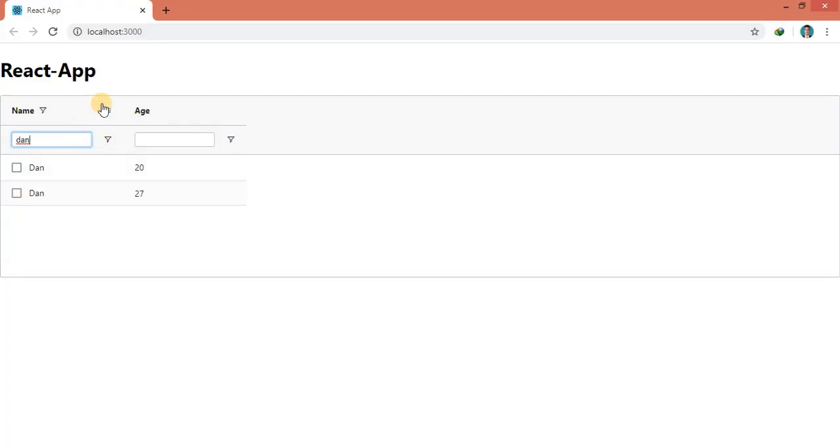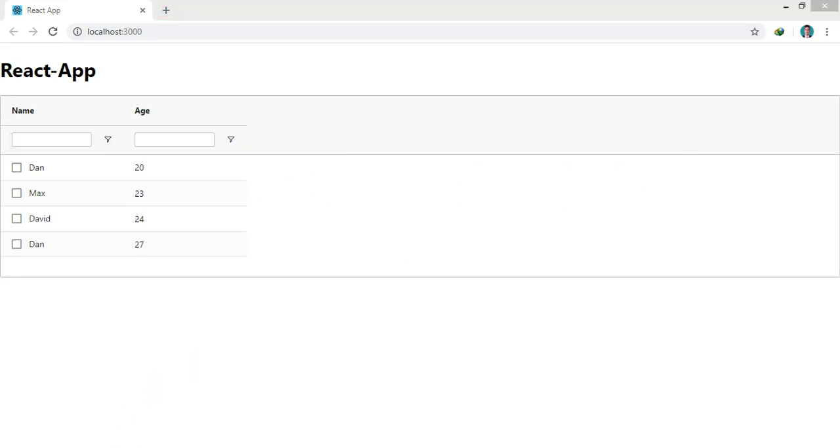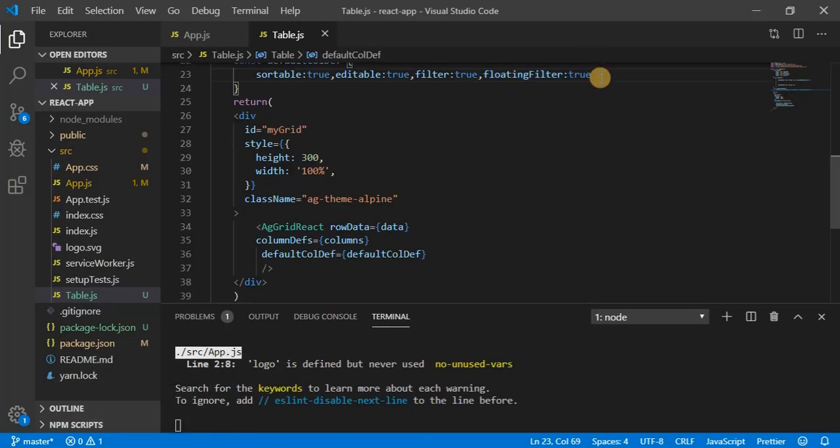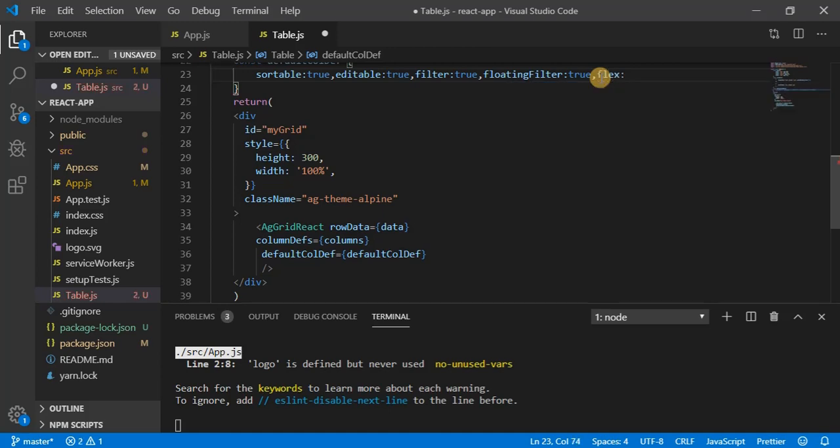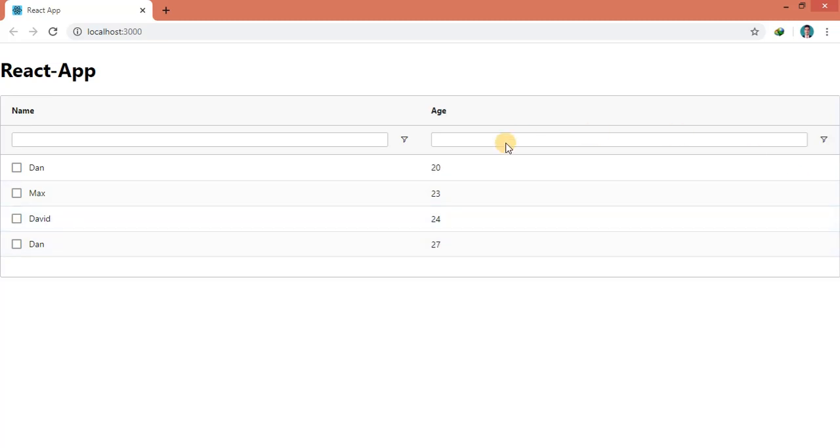Okay guys, so now we are done with the filter, but you might have noticed one more thing, that we have given width equal to 100%, but still it's not covering the total width. So what we can do here is add one more property, that is called flex: 1. Now it will try to cover the whole space, right? You can see here. So I think we are done with the filter. Let me show you the search here. As you can see here, we are getting results.